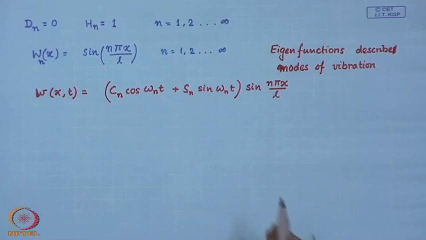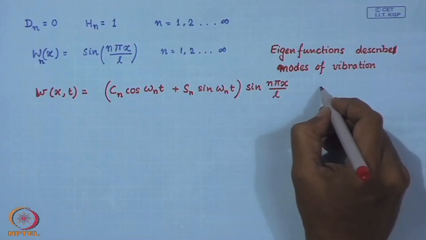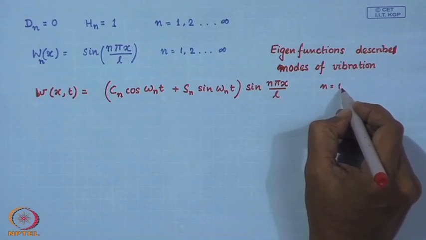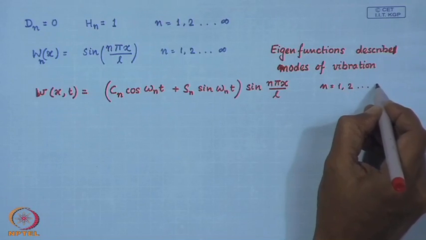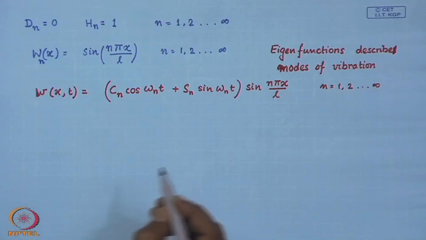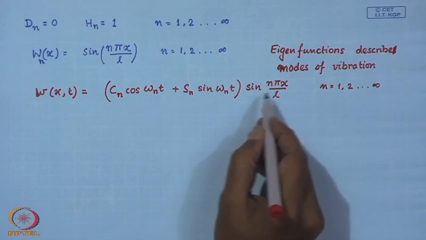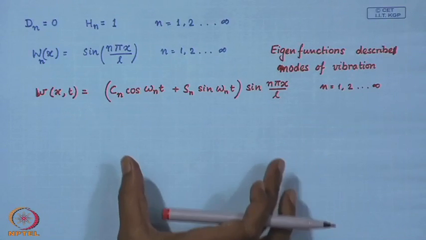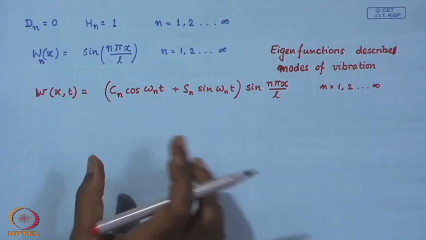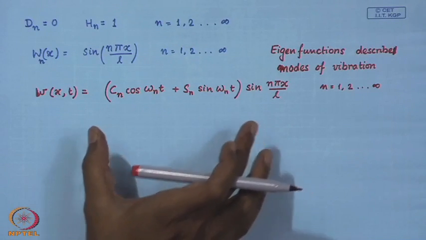So, this is the solution for each n. I can have a solution, and since our system is linear, a superposition or a summation of this solution is also a